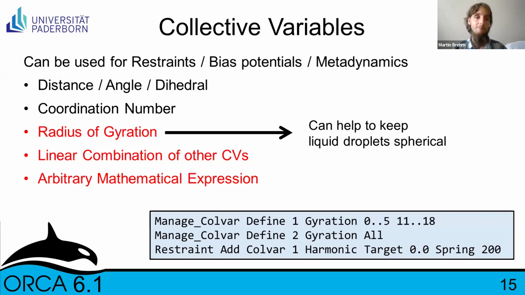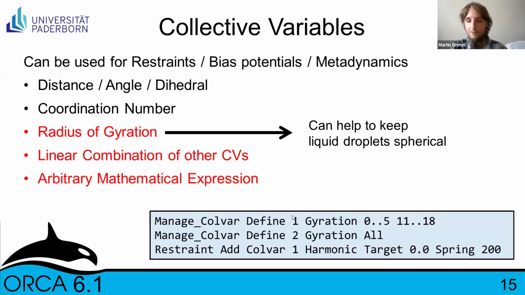So by pushing this radius of gyration to low values, you would keep a spherical shape. Or in the opposite, if you would restrain the radius of gyration to a high value, you would make this droplet somehow disperse. Here you see an example in the